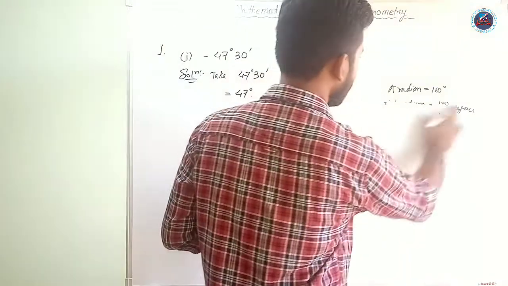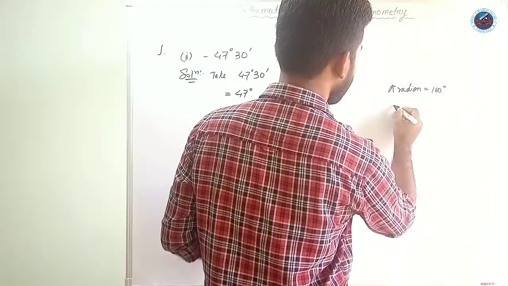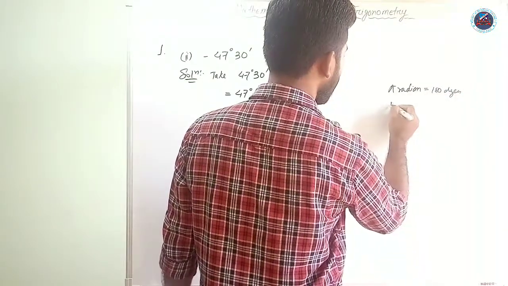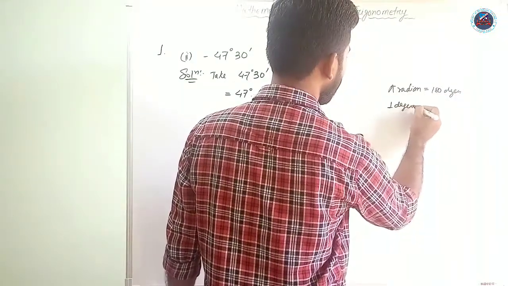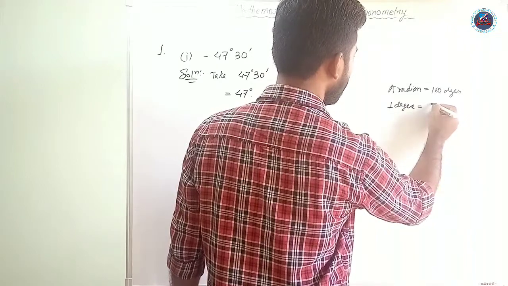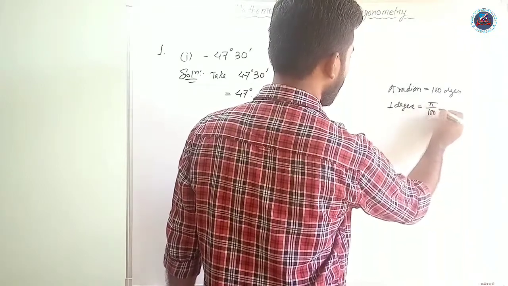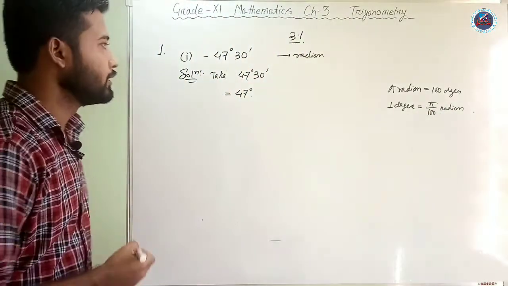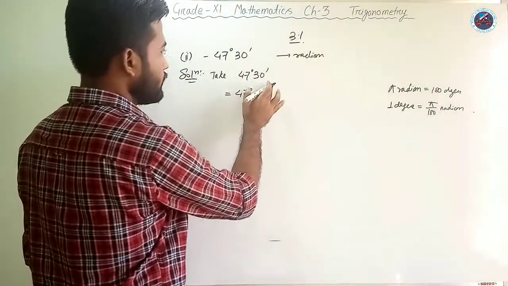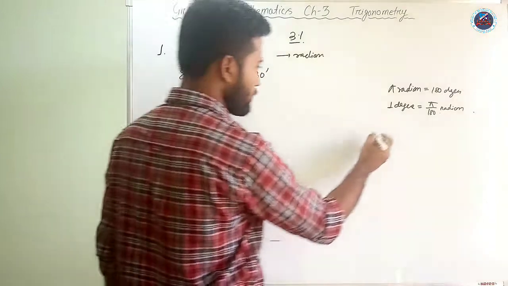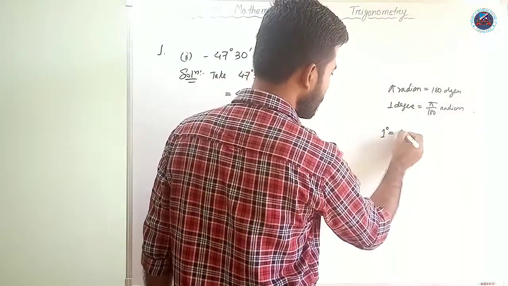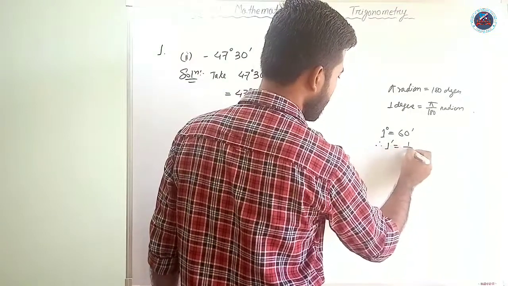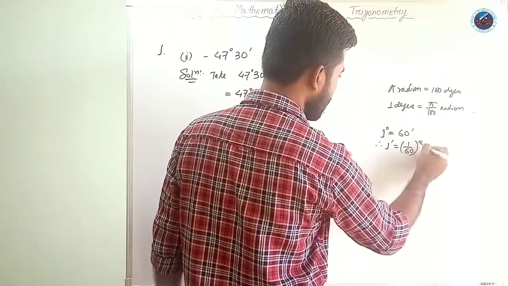Okay, better we shall write it like this: 1 degree is equal to pi by 180 radian. Fine. Now we have 30 minute here. So what was our relation? 1 degree is equal to 60 minute. Therefore we can write 1 minute is equal to 1 by 60th of a degree,